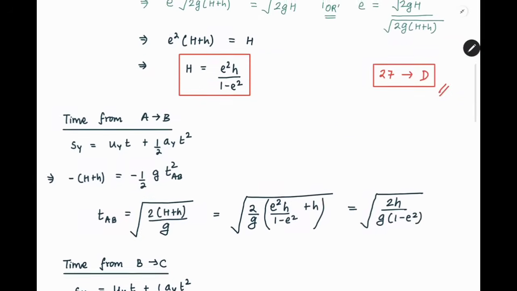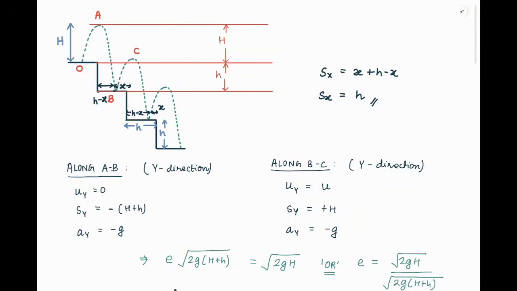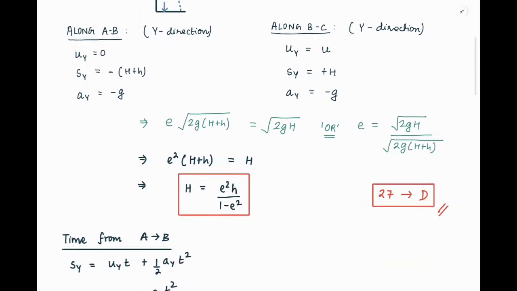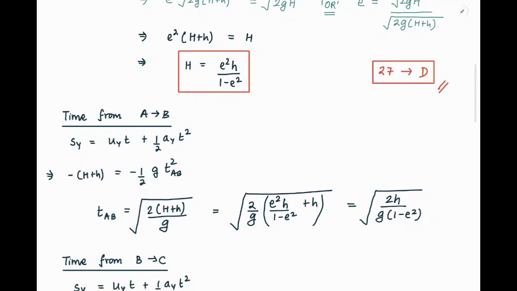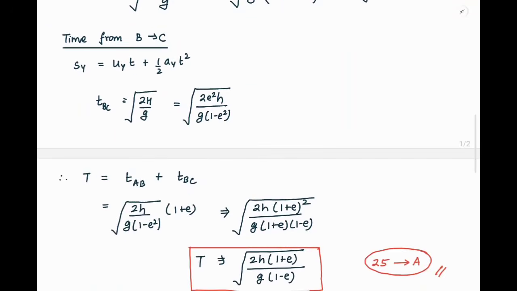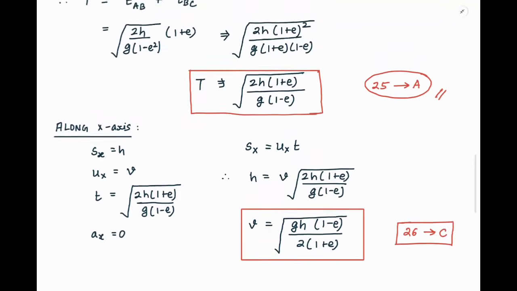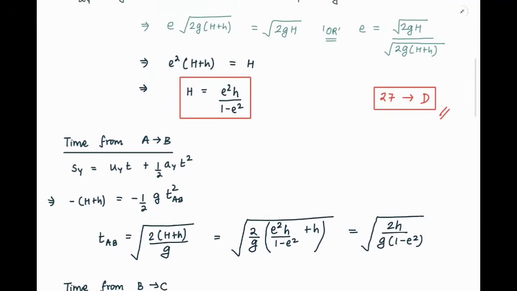So 25, 26, 27, all the three parts are solved. This was technically a paragraph which originated in the textbook Pathfinder, book for Olympiad and JEE Advanced. It is a wonderful paragraph where we have discussed the concepts of two-dimensional motion along with the concept of coefficient of restitution, some basics of geometry. So it is a perfect problem to understand physics and apply the concepts of physics. I hope you like the problem which we have solved.